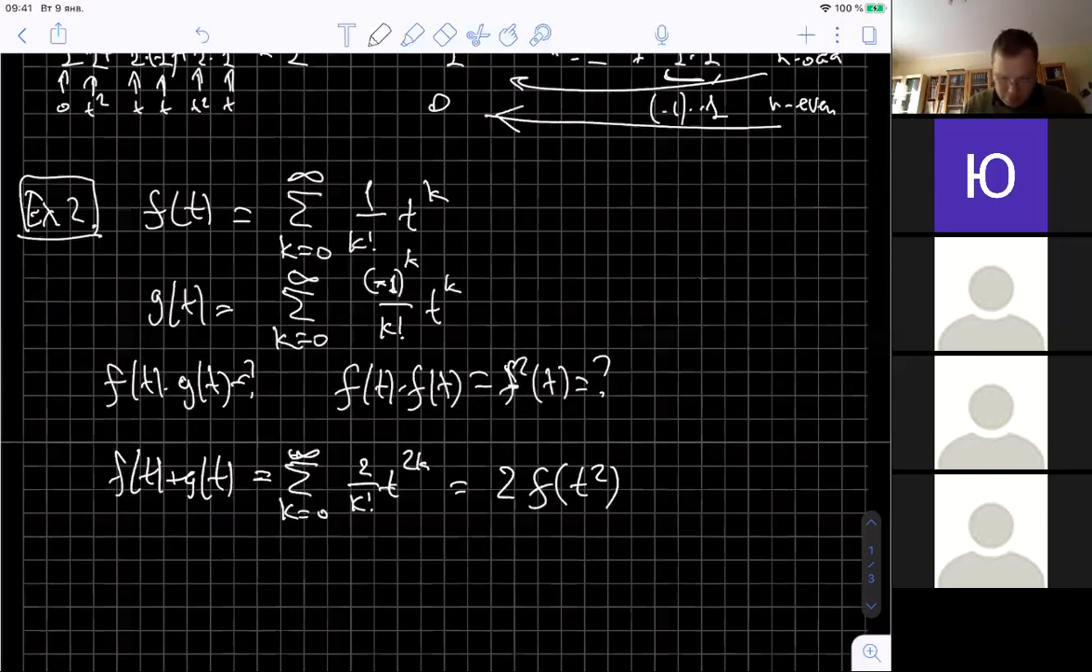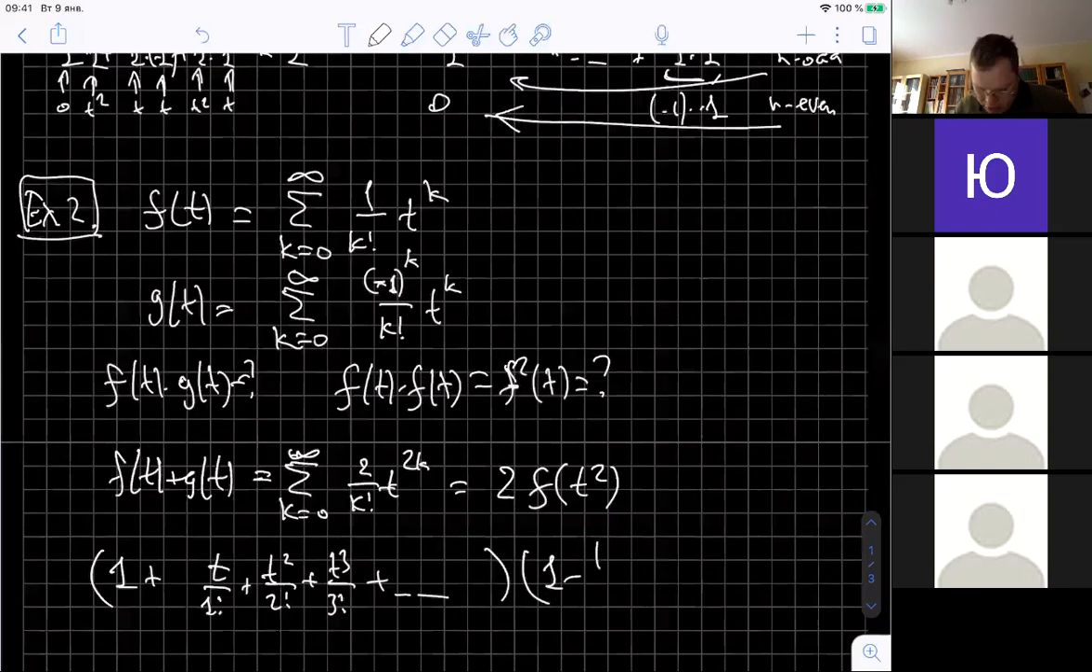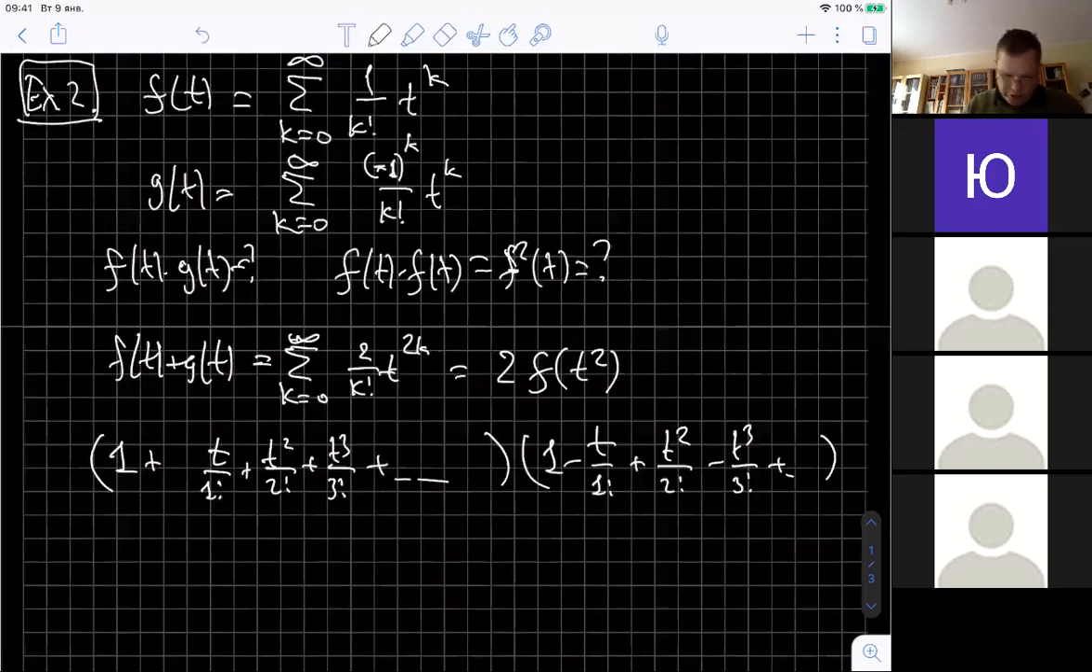Then we'll have 1 plus 1 over 2t plus 1 over 3 factorial t squared. Sorry, here it will be 1 plus t over 1 factorial plus t squared over 2 factorial plus t cubed over 3 factorial, and so on. And here we have 1 minus t over 1 factorial plus t squared over 2 factorial minus t cubed over 3 factorial, and so on. So what if you open the brackets? Then we have 1 times 1. So what's the coefficient